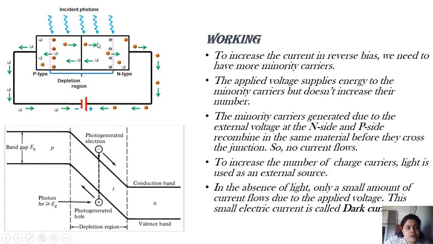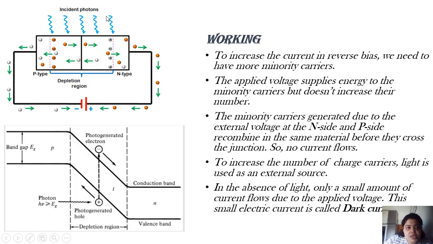The PN junction is the depletion layer in between. Now what happens to the depletion layer if it is in reverse bias? The depletion layer is going to increase. So on this increased depletion layer, photons are incident. To increase the current in reverse bias, what actually happens is, because of the reverse bias connection, suppose I say this is the reverse bias connection, these white colors represent the holes. So what happens in this condition?